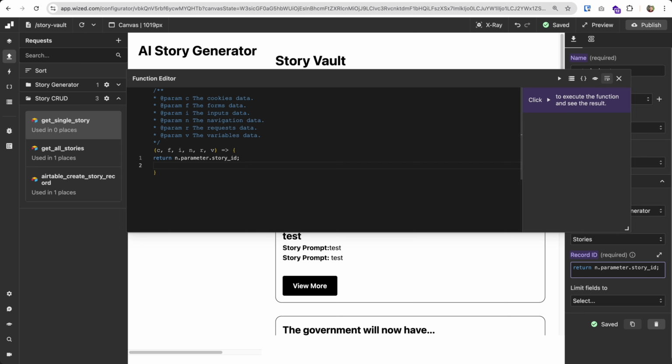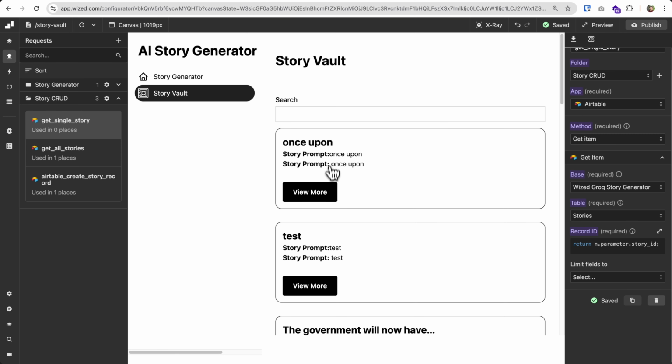I love how simple it is. Okay, do we want to limit fields? No, we want to get all of them. Now we have 2 steps left. 1, we need to trigger this request whenever the user is on that view story page. And 2, we need to update the information on the page. Nice and straightforward. Let's go into Once Upon